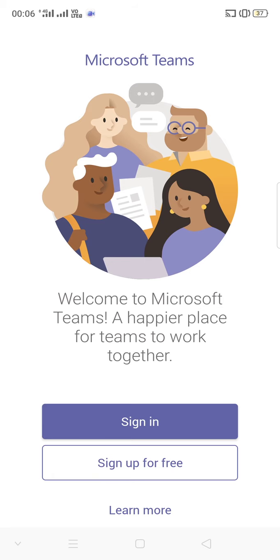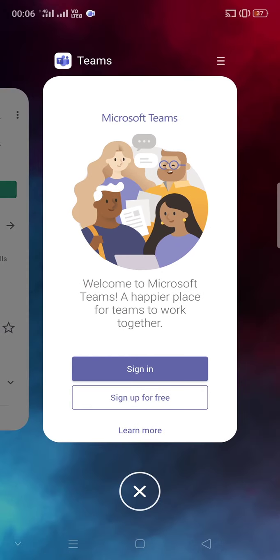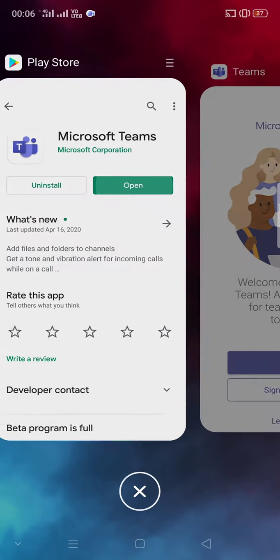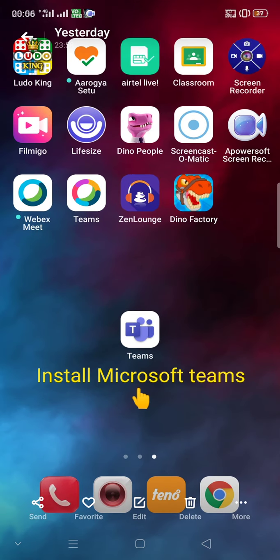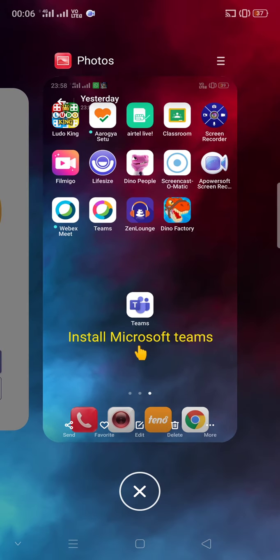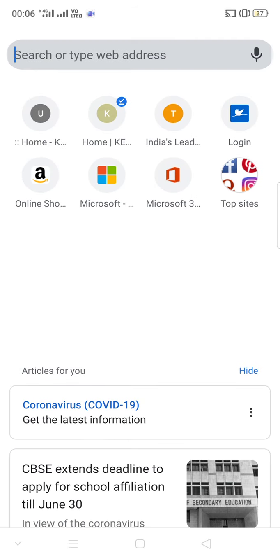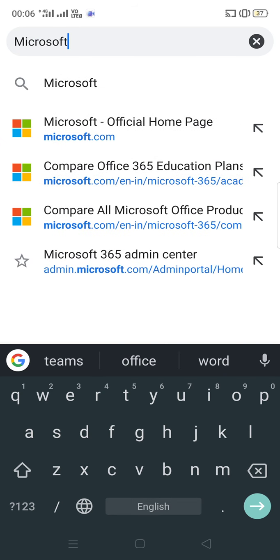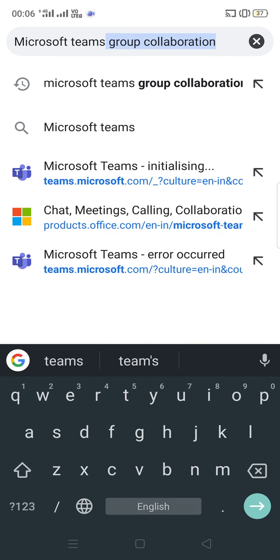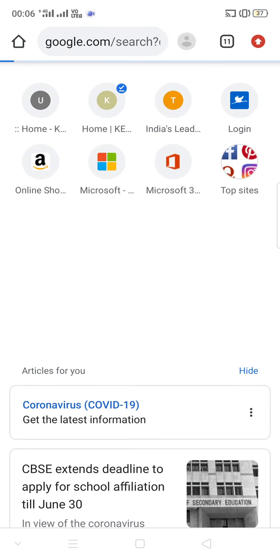To get this particular screen in the browser version, just open the browser, and in Google you just write down Microsoft Teams group collaboration.